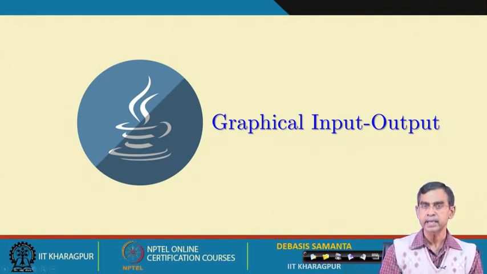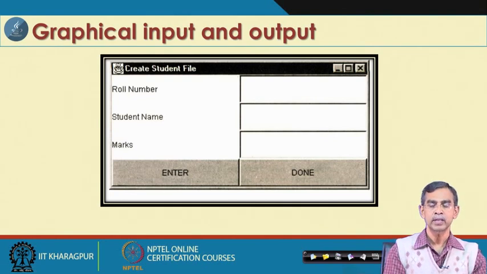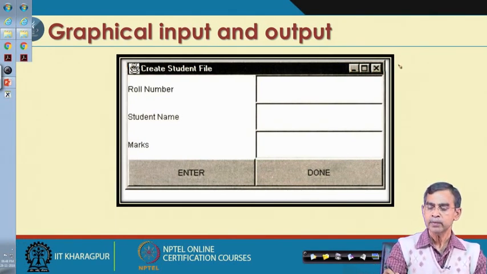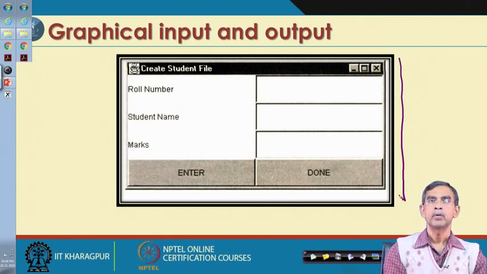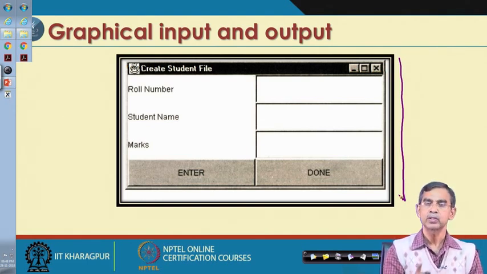It is very simple to understand at this moment, although many more things we have to learn as we progress further. The idea about graphical input and output can be better explained with this example. This is one window, the window for text entry, or you can say it is a frame or form. It is just like an applet actually. We have some idea about the applet, so we can consider this an applet here.